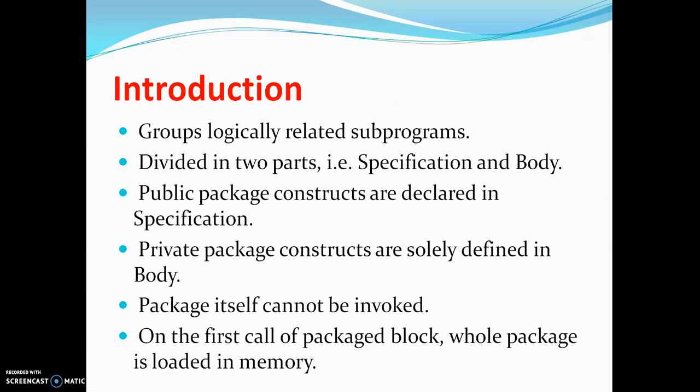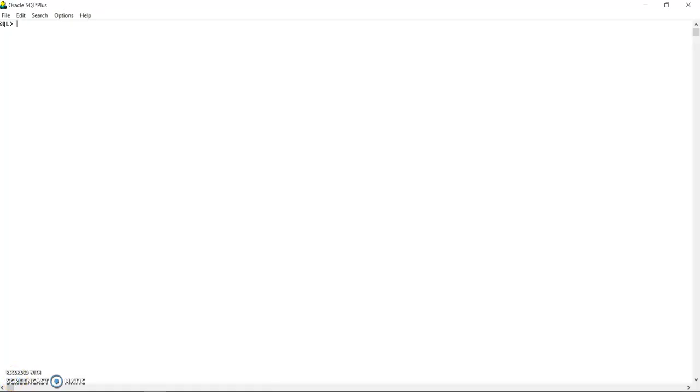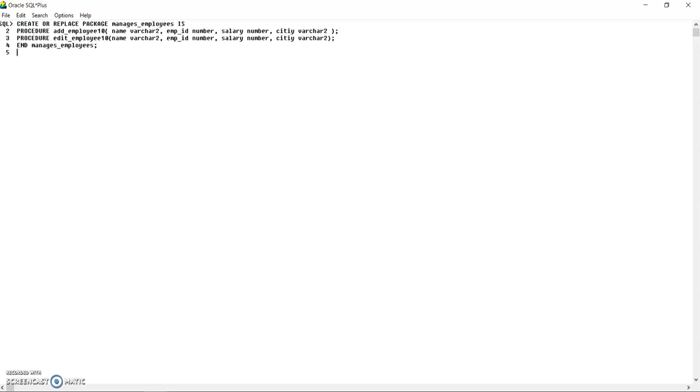So let's see practically how we can start working with packages. In order to create a package, first of all, I have to write the package specification. Here we can see I have created a package with the create or replace keyword, and the package is again a database object with the name manage_employee_10. Inside this I have declared two procedures with the names add_emp and edit_emp with a couple of arguments.